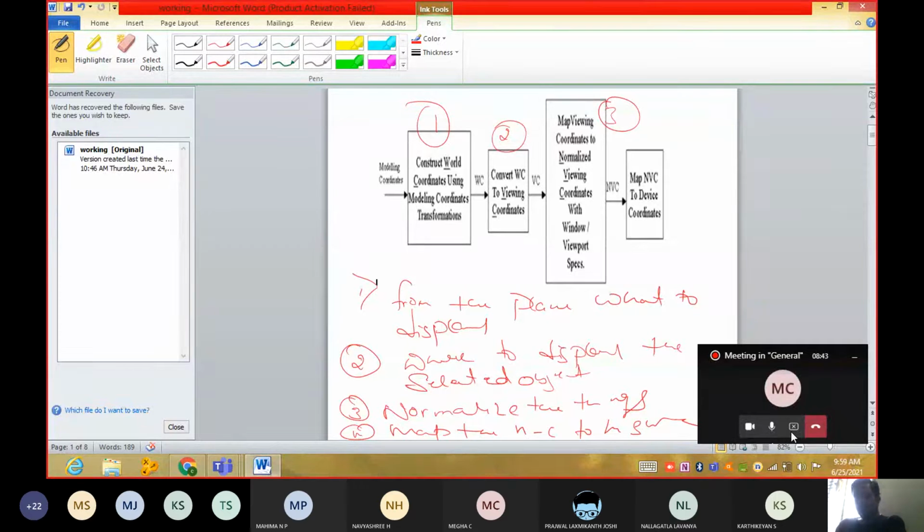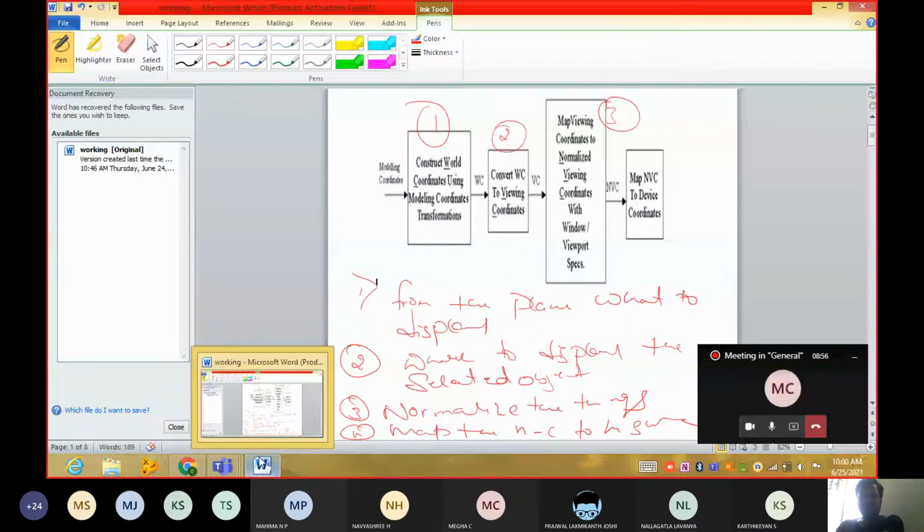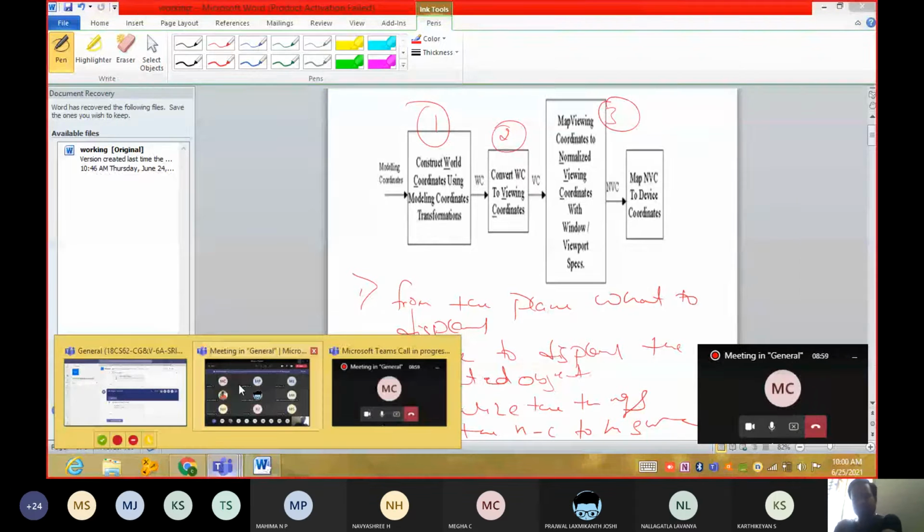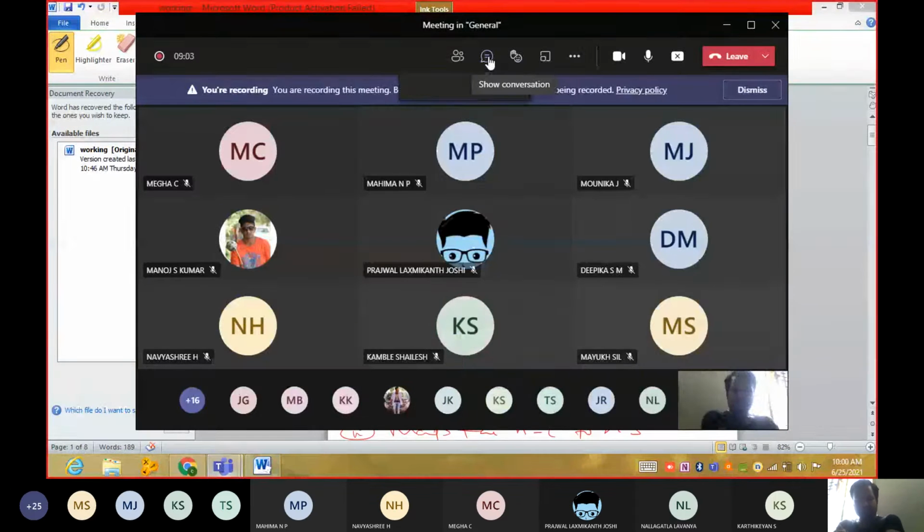So here, now my question is, this is your 2D pipeline. So you will be working with respect to how many axes? Please respond to this. Don't be idle. Respond through chat box or respond through voice. Here you will be working with respect to how many views or how many axes?